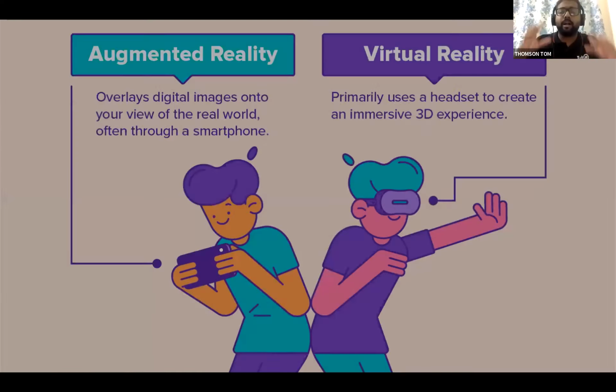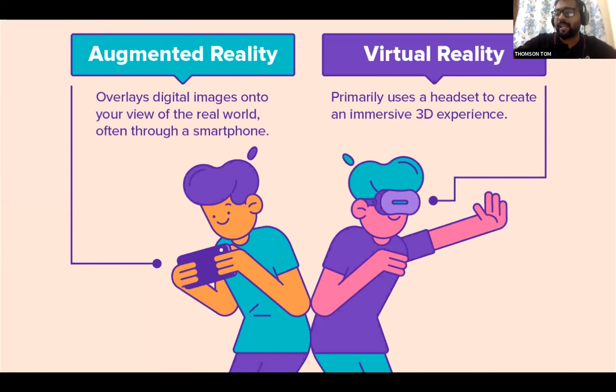Okay, if you do it in real time, it is called augmented reality. Now, what is virtual reality? You can see the other kid holding a device on his head and waving his hand, the purple guy. Now, the definition of virtual reality is that it uses a virtual reality headset, or a VR headset, which you keep on your eyes. There is a display inside it. You can put any visual to it. You can put the Taj Mahal in it, which makes you feel that you are sitting inside the Taj Mahal. So creating this kind of illusion is called virtual reality.